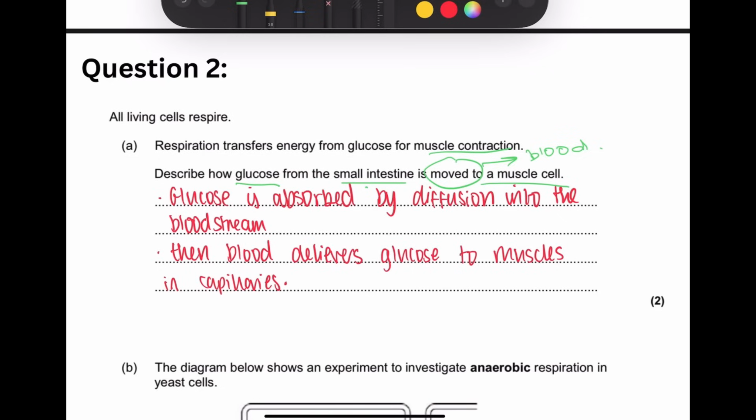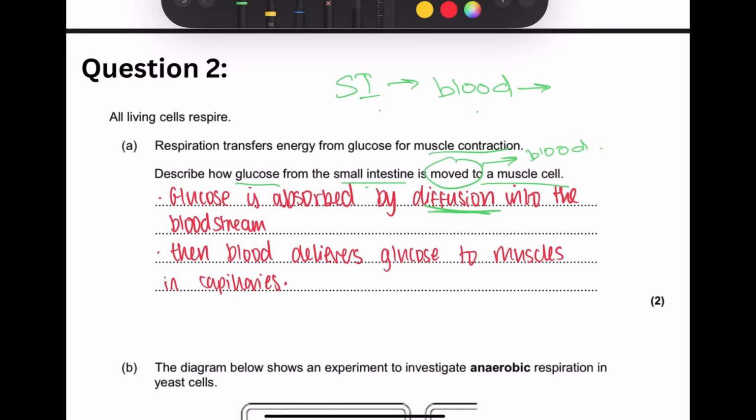So how does glucose go from the small intestine into the blood? This is always going to be by diffusion. You have 3 modes of transport: diffusion, active transport, and osmosis. Osmosis is with water, so we know that's not the answer. We know it's going to be diffusion because it goes from high concentration to low concentration,